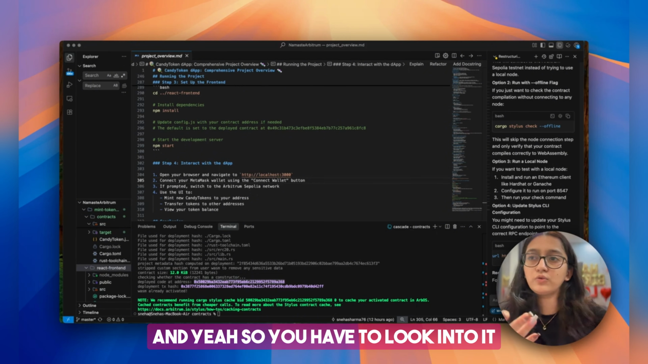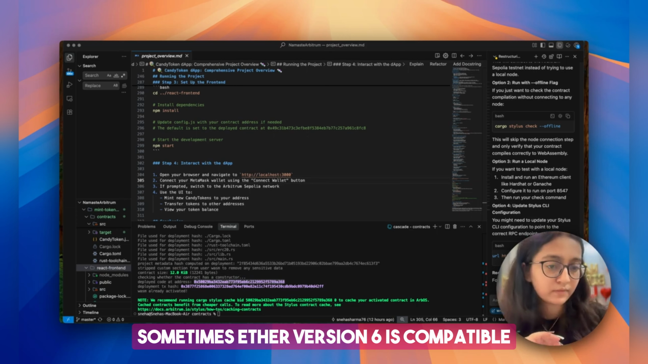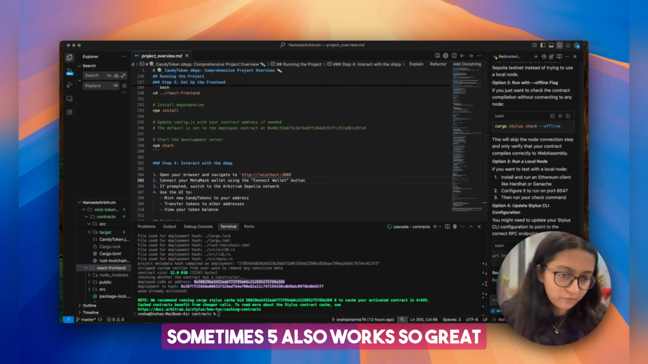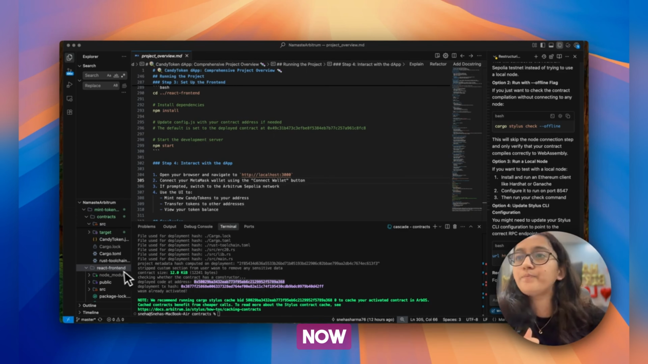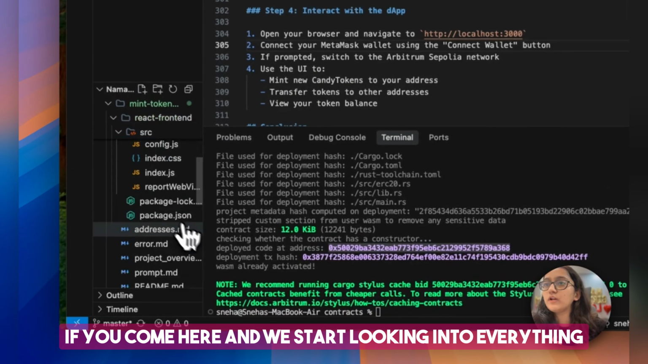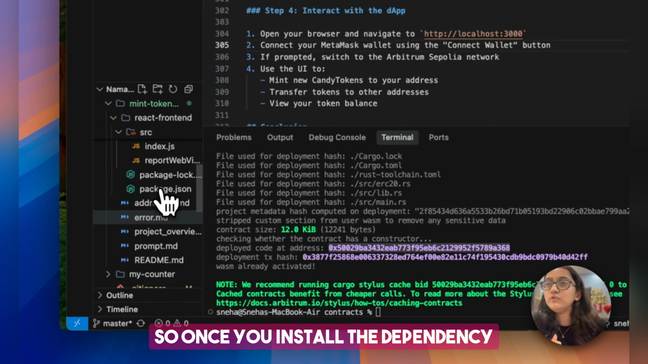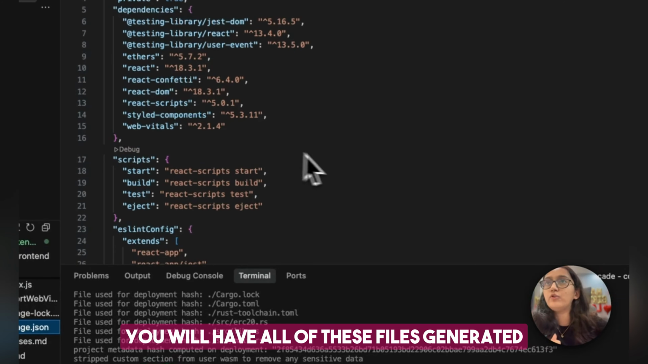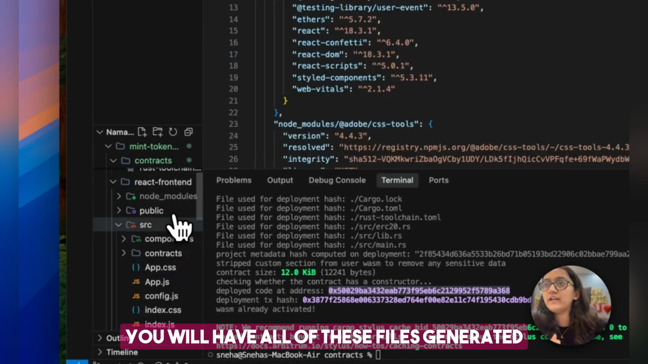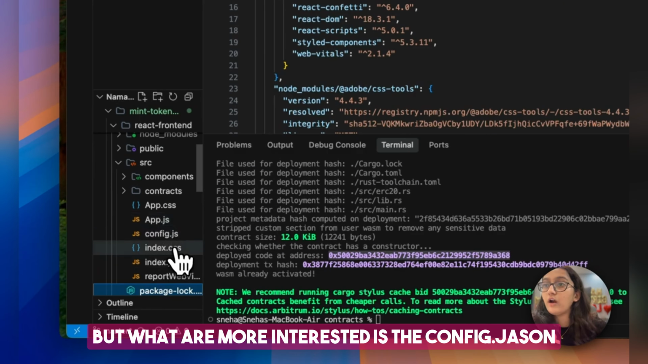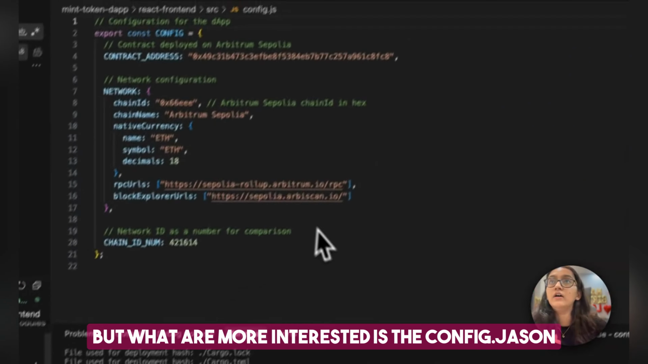So you have to look into it. Sometimes ethers version 6 is compatible, sometimes 5 also works. So great. Now, if you come here, we start looking into everything. Once you install the dependencies, you will have all of these files generated. But what we are more interested in is the